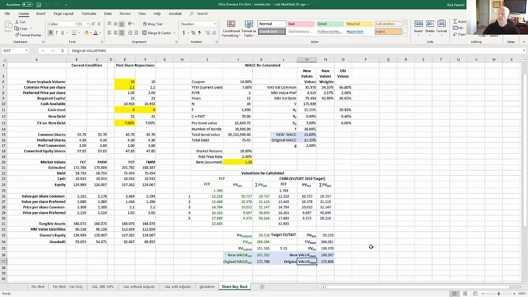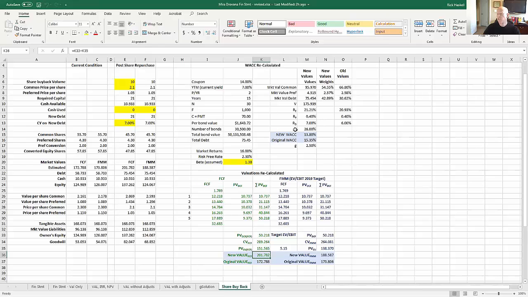I think they're worth looking at. You'll notice that we had the original WACC of 15.35, and we saw that when we looked at the financial statement a moment ago. And you're about to see that WACC is going to change to 13.8 as a byproduct of this financial engineering through a share buyback that we're doing. You're going to see that the original value using the free cash flow model was 172.79, let's say, and moves to 201.78 because of that financial engineering. Well, that's not a trivial move. Remember that we're valuing this in millions, so that's almost a $30 million move because we did this share repurchase. We'll come back and look at these in a moment.